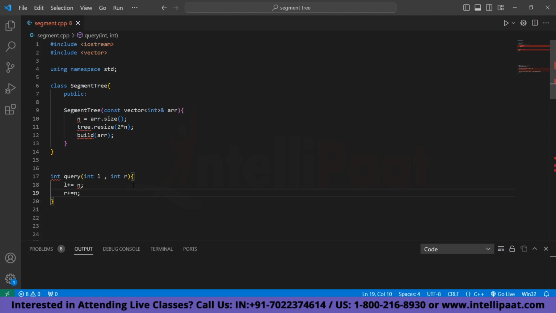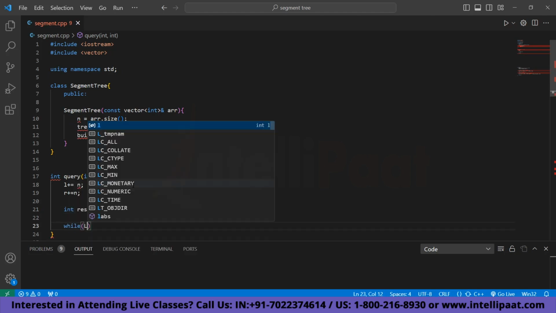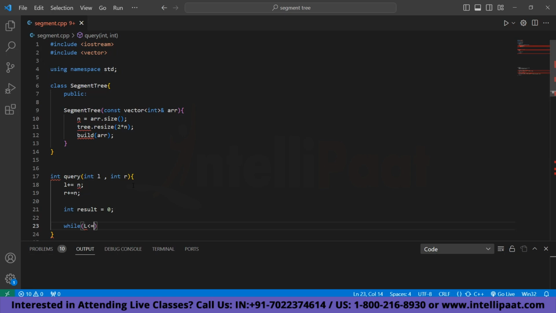Now we will declare a variable named result to store the output. So let's do that. Int result, and we will initialize it to 0. Now for traversing through the segment tree, we use a while loop with a condition L should be less than or equal to R. So let's do that. While L is less than or equal to R,